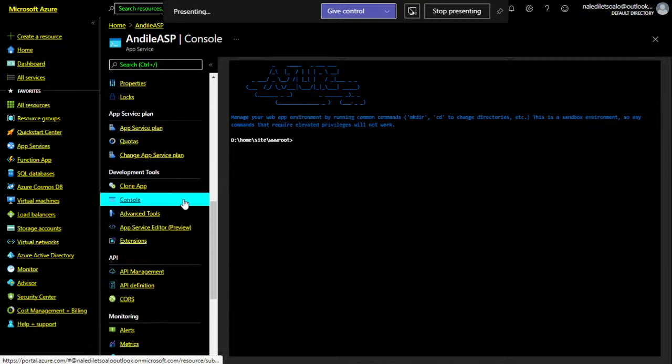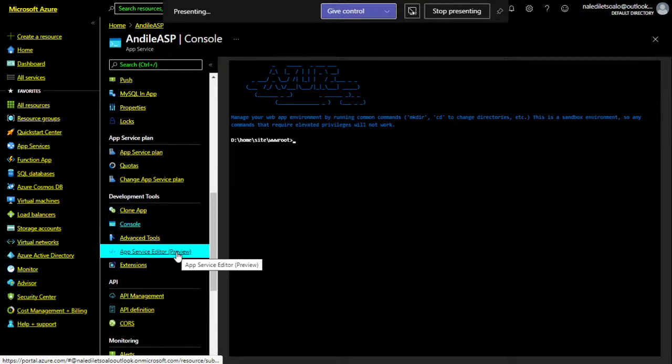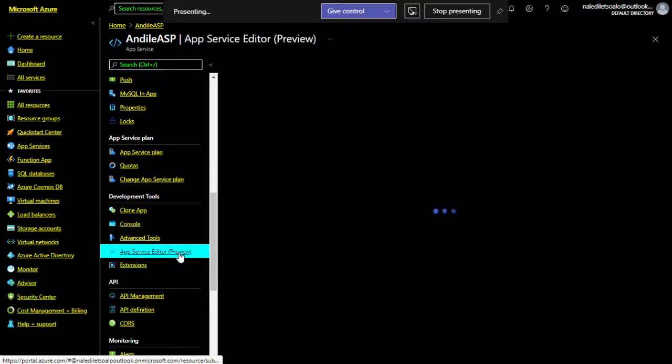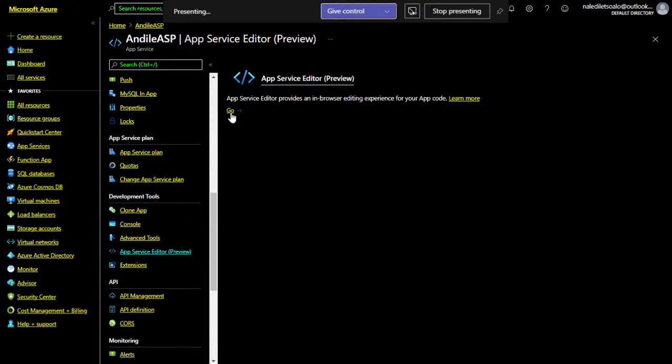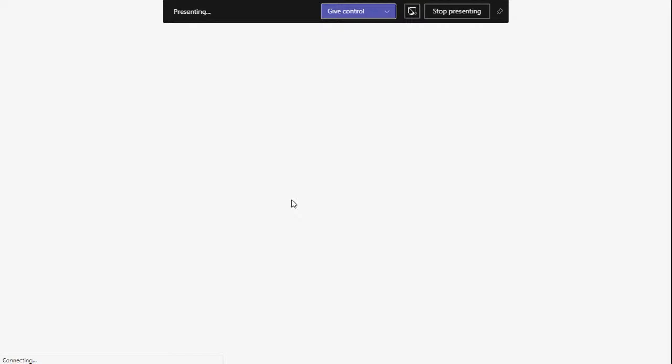Just be aware, guys. Like I said, there is a lot of tools. So you can use console. In this instance, actually, let's just use preview because I want to stay within Azure for this one. So let's go into App Service Editor. Now, what App Service Editor is, it is in preview, so that means it might not always work 100%, but it's working well enough for you to then test it and then give Microsoft feedback as to, hey, this thing is not working great, or there's a problem over here. But let's now go into the app service preview and see how to get to change certain things.